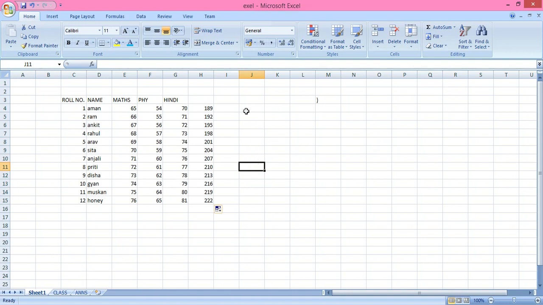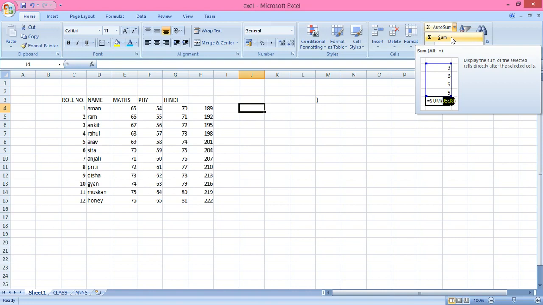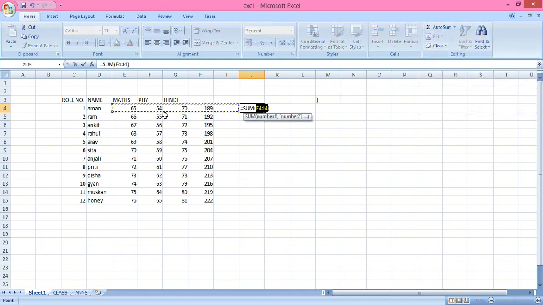Next, one of the easiest methods, where we do not need to select all of this. Just click here, and here is the option of auto sum. Click here and sum. It is selected from E4 to I4. I don't want up to I4, I want up to G4.